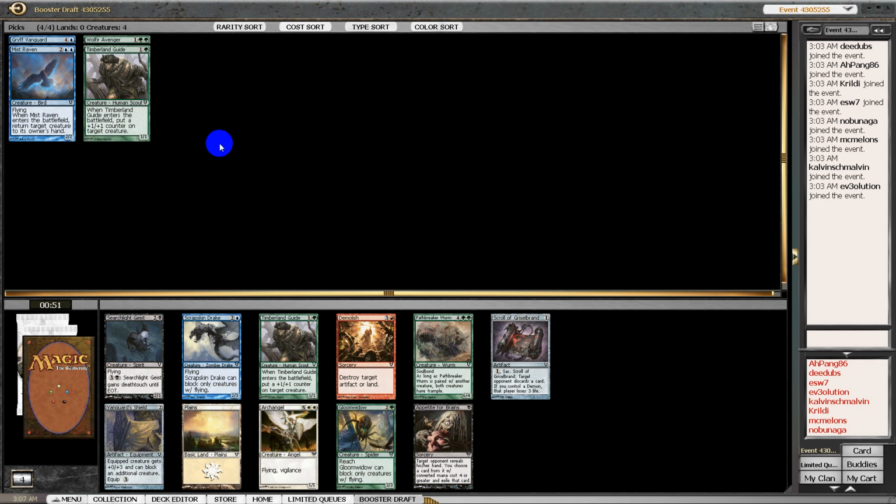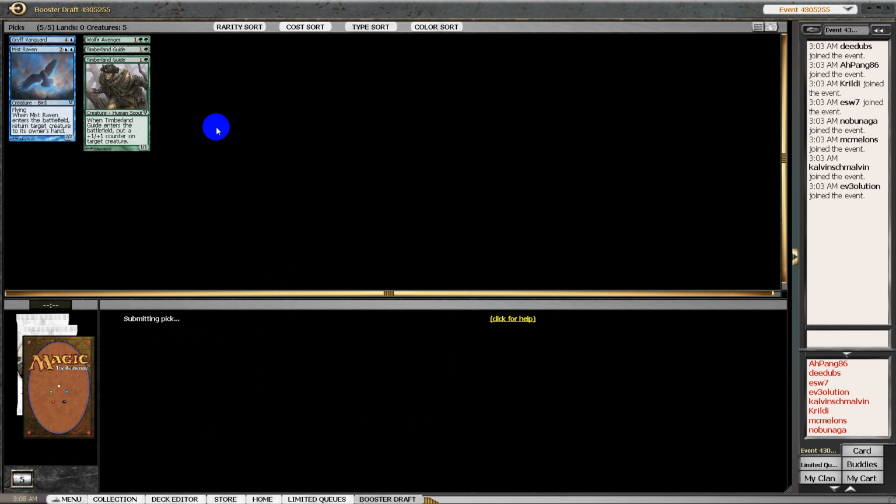Wow. The Drake is good. Archangel's not bad. Now it's between the Gloom Widow and the Timberland Guide, and I love the Gloom Widow a lot, but I have to say this is...